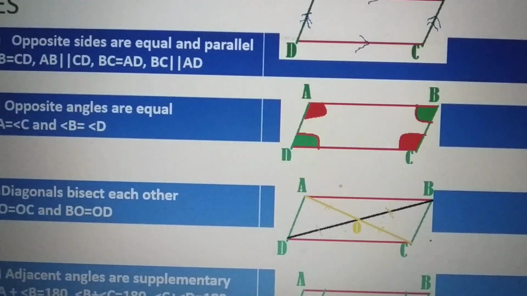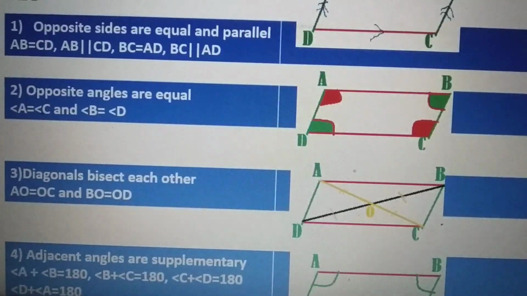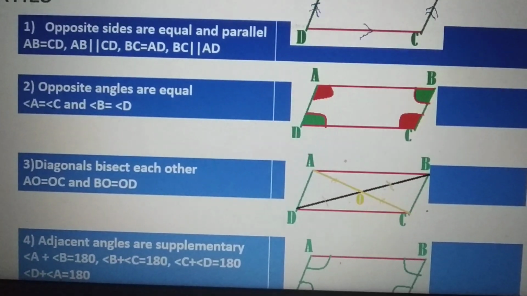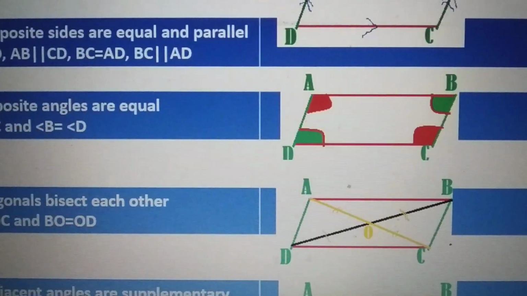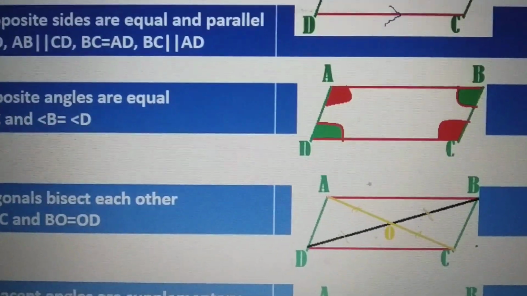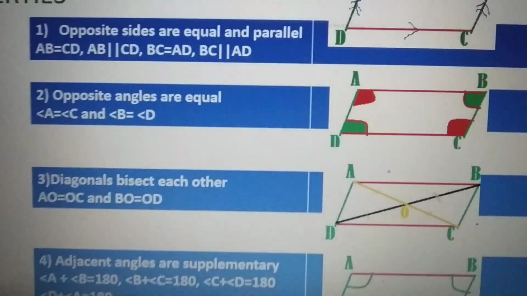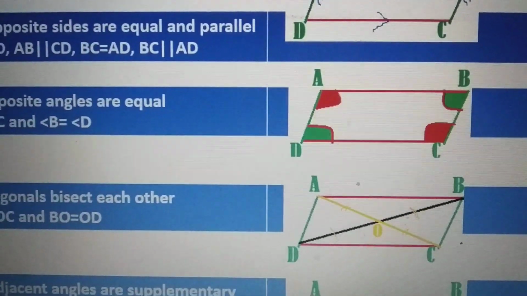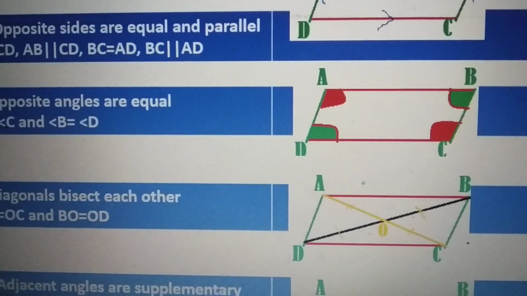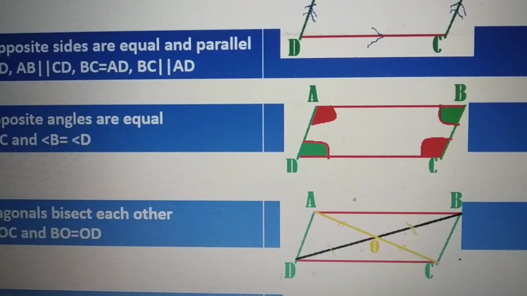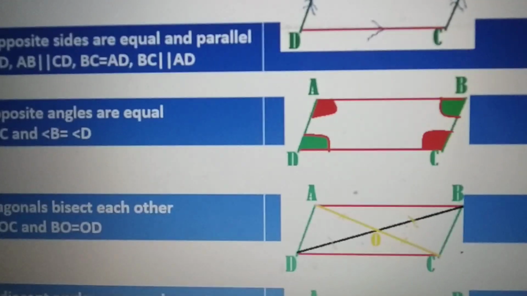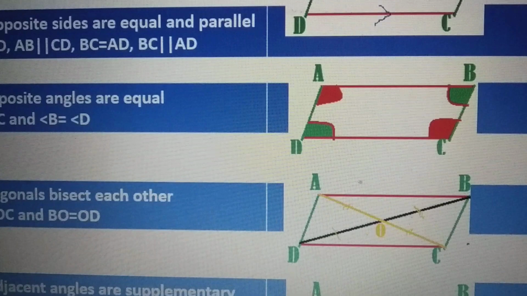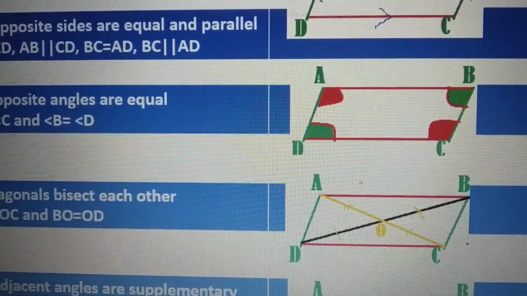So you are able to observe in the figure angle A and angle C are opposite, so I gave red color, and angle B and angle D are opposite, as I gave green color. So in the exam if angle A is given as 70 degree, C will also be equal to 70 degree because opposite angles are equal. If B is given as 110 degree, D will also be equal to 110 degree because the property is opposite angles are equal.